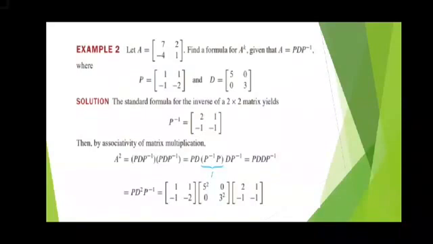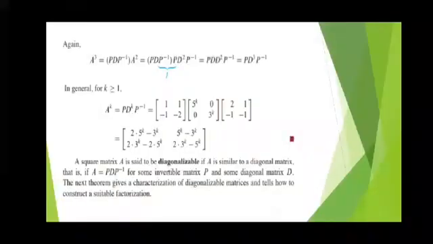So here what we do is, we group P inverse into P, and P inverse P is nothing but I. Then we finally get P D into D P inverse, D into D, that is nothing but D square. So P D square P inverse we have. We know in a previous problem D square means what? 5 square, 0, 0, 3 square. So we take that value and simplify it here. Okay, just put it as it is.